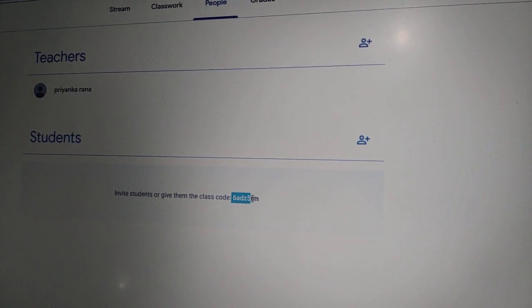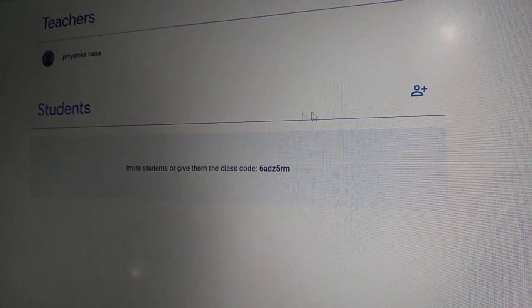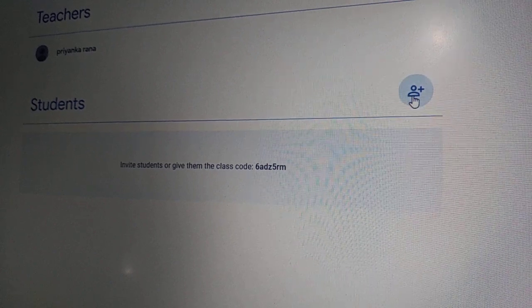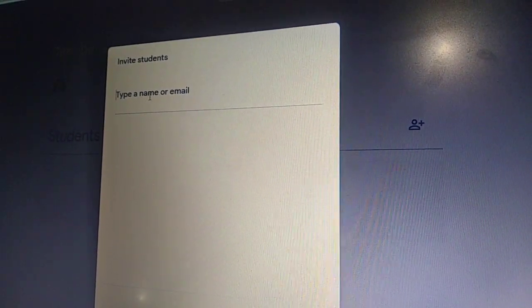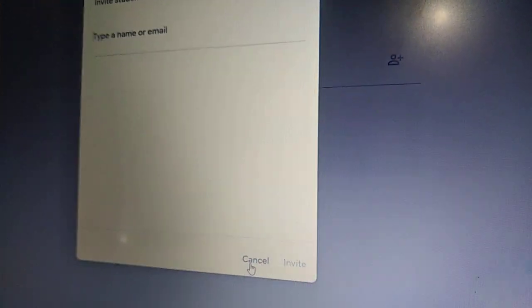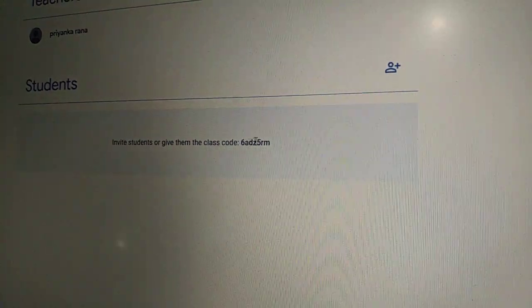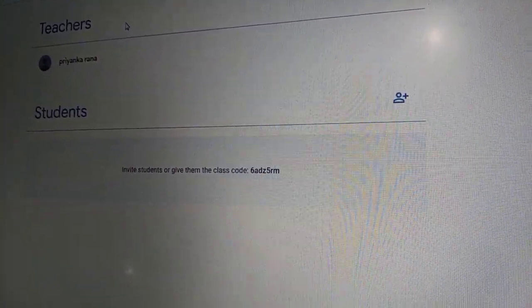So you can provide the students with this class code, or if you want, you can invite the students from here, click on it, and type the kid's email ID, or the easiest way would be just sharing this code with the kid. Okay, so this is how you can conduct your class.